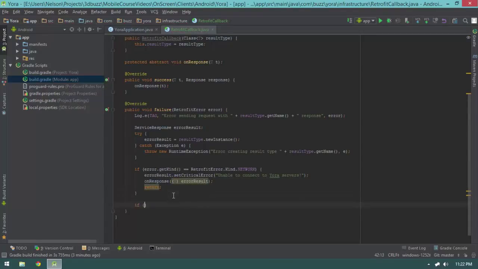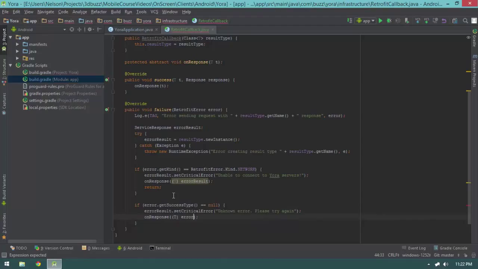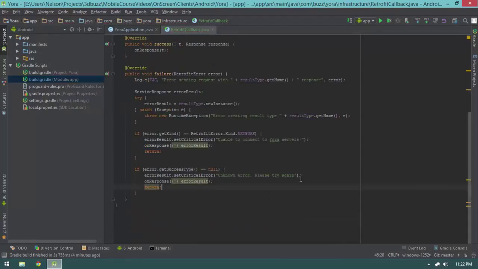Next up, I'm going to say if error.getSuccessType equals null, then I'm going to say errorResult.setCriticalError "Unknown error, please try again." And then I'm going to say onResponse cast to T errorResult, and then I'm going to say return. Then I'm going to open up a try block, and in the try block I'm going to say